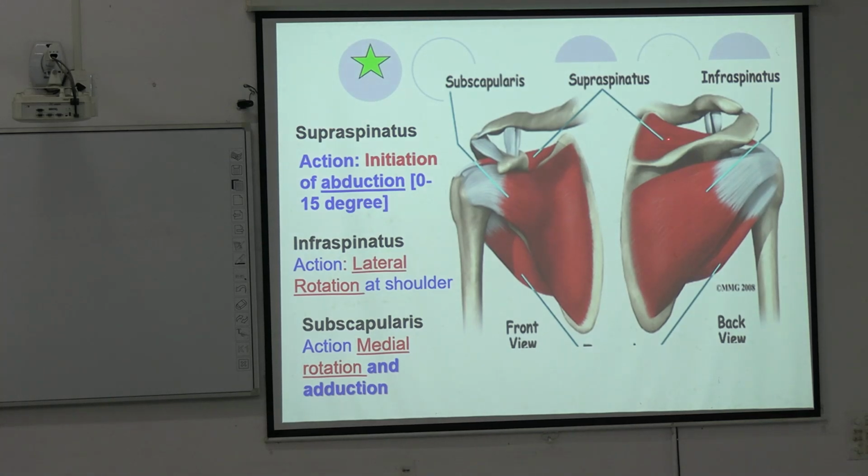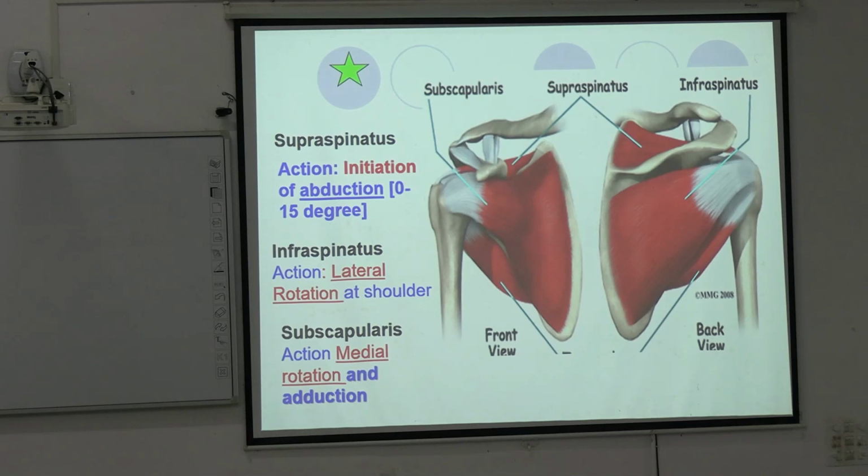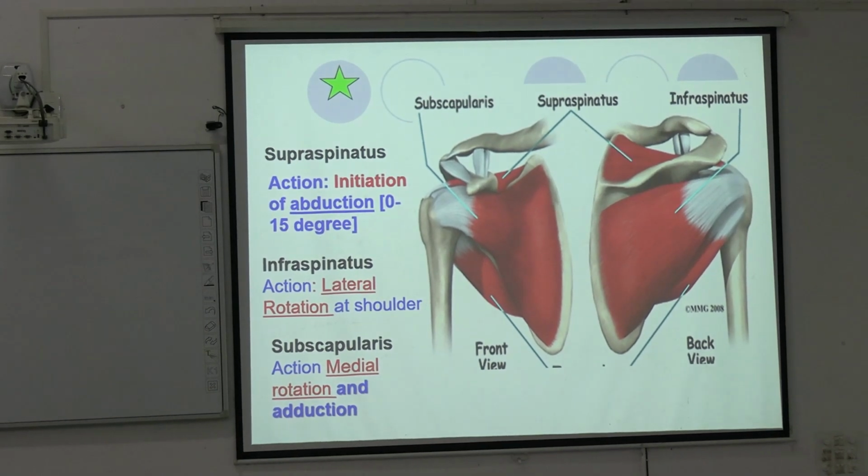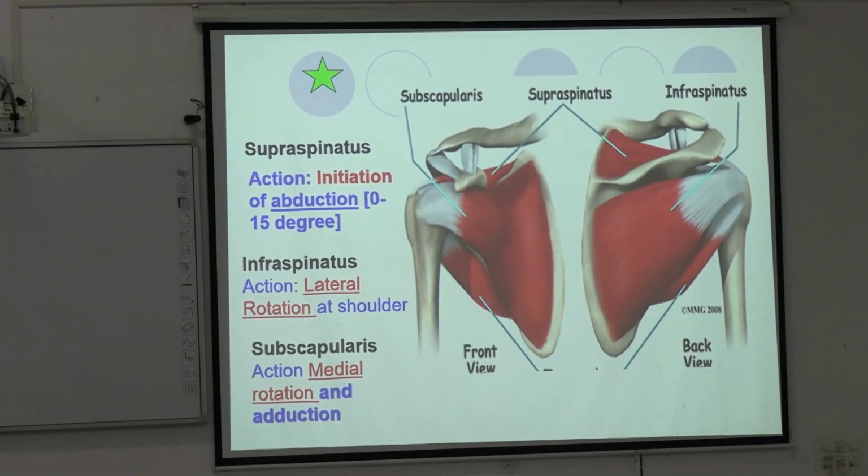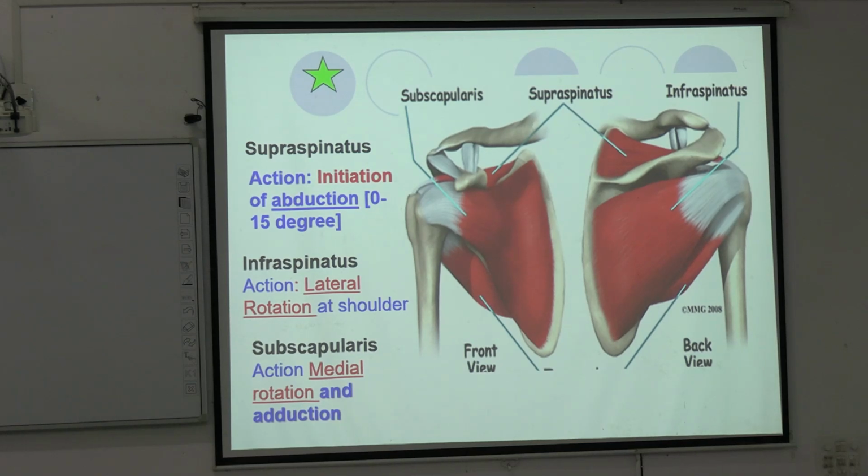Once this muscle contracts, it initiates the shoulder joint movement. So initiation of the shoulder joint movement means 0 to 15 degree shoulder joint movement is done by the supraspinatus. That means যদি আমরা গাড়ি স্টার্ট করি, first gear of the car is done by the supraspinatus. So movement initiation. So এই মাসলটা কোনো ড্যামেজ হয়ে গেলে আমাদের শোল্ডার জয়েন্ট মুভমেন্টই শুরু করতে পারবো না, রাইট? সো supraspinatus is doing the initiation abduction movement, 0 to 15 degree over there, which is below